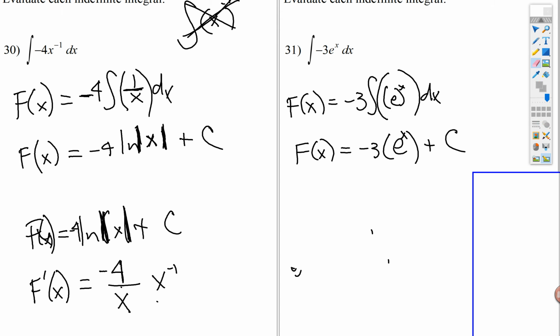And you don't really need to put that in parentheses. You can, well, kind of you should, but normally you don't see it that way. -3 e to the x plus c. Just like that. All right, we're going to go ahead and do